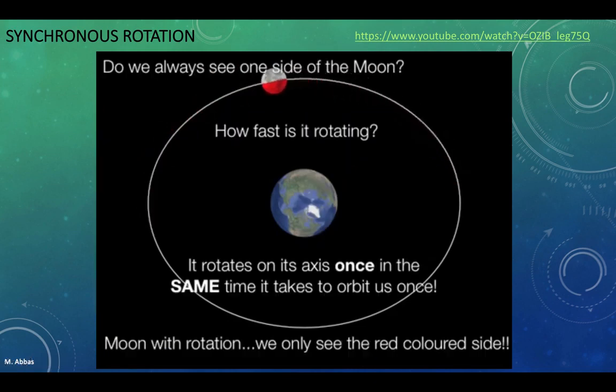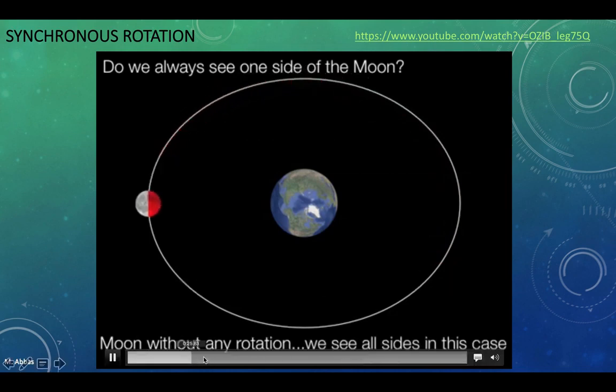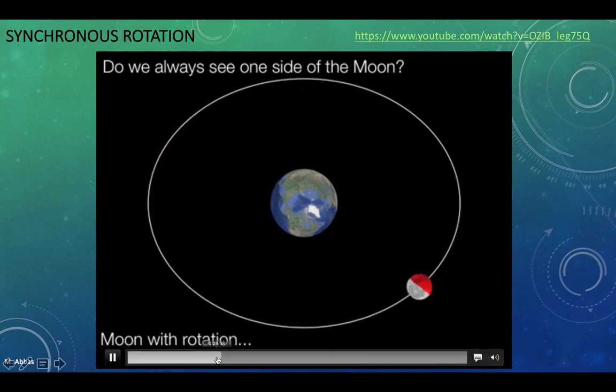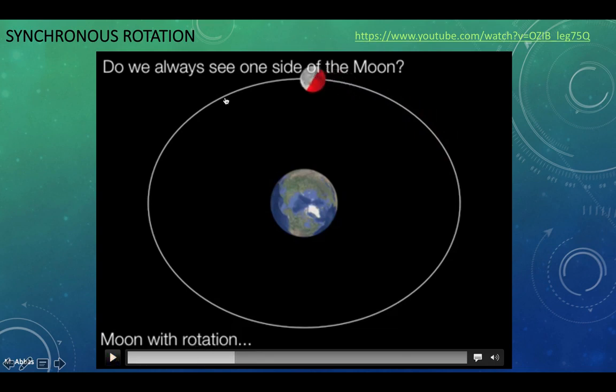So the thing is, at some point, the moon was doing this, rotating but really fast. But as the moon was rotating, the gravity of the Earth was pulling on the gravity of the moon, and it was slowing down its rotation. And eventually what the Earth did is that it slowed down the rotation of the moon and it locked it